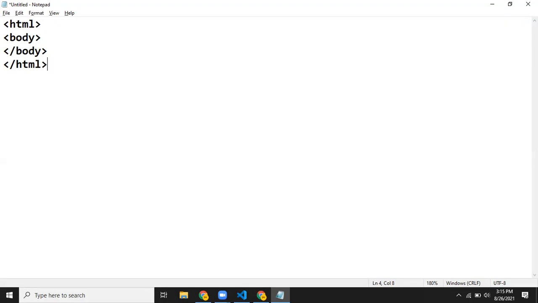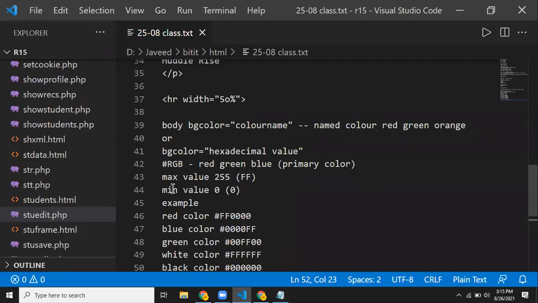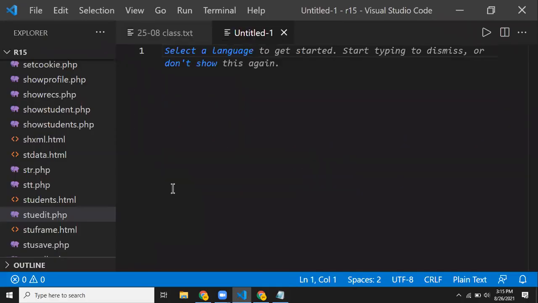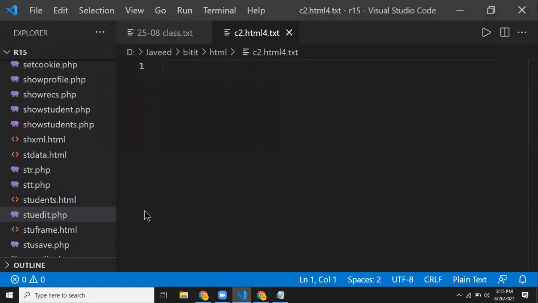So I'll just jump to Visual Studio Code now. Now I'm starting a new program. I'll save this one with a program name, let us say c2.html. I'm giving it some name. Sorry, something is wrong with this.